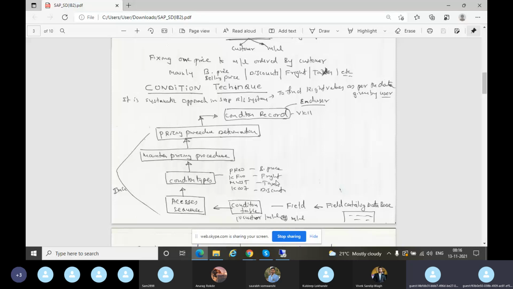Base price is there, tax is not there, they'll put a penalty. Transportation charges you charged, but it is not there in the invoice. Where is the transportation charges? In the invoice it is not there, but you are sending the material in the truck. So that is why all these things are very, very important. So all these four, base price, discount, freight, tax, in non-SAP are base price, freight, tax, discount, but here they are called PR00, KF00, MWST, and K007. This is how we'll do it, I'll show you.